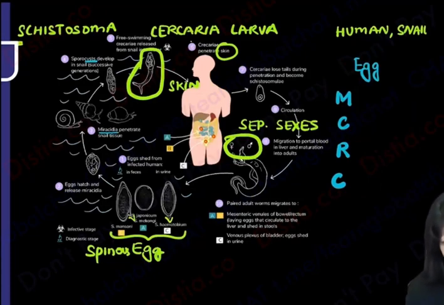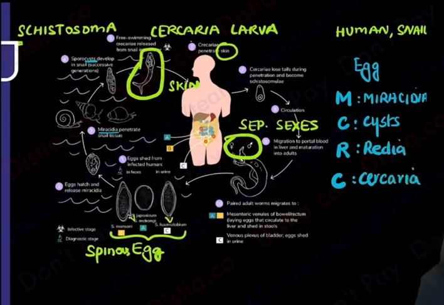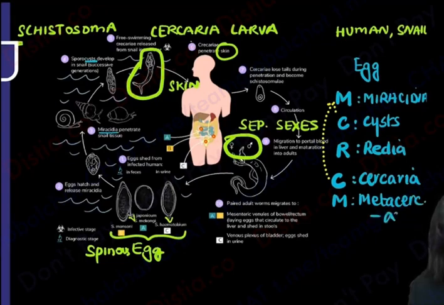What is MCRC? So M stands for Miracidia. The first thing formed is Miracidia. Then C for cysts are formed. Then we have radia which is formed. Then there is a Cercaria larva that is formed, and after MCRC you will like to go back to the M, but that M is not going to be Miracidia, that M is going to be the Metacercaria larva. The M is going to be the Metacercaria larva. So MCRCM, MCRC, everyone mug it up, MCRC, but when I'm dealing with schistosoma, tell me, is Metacercaria larva the